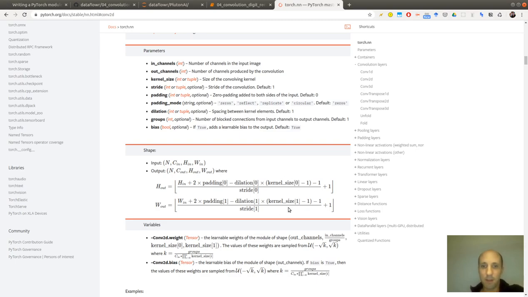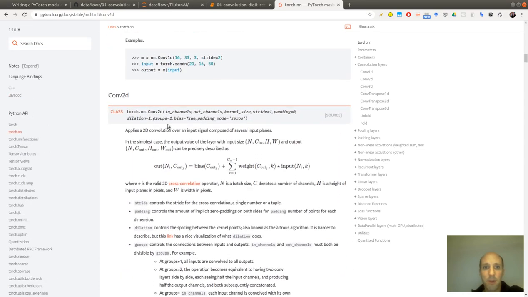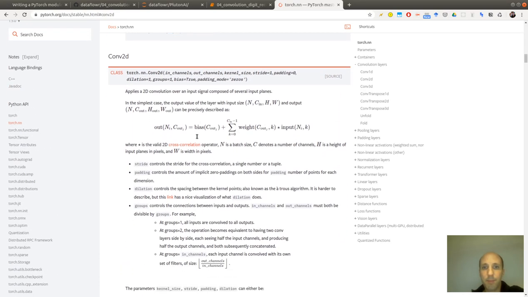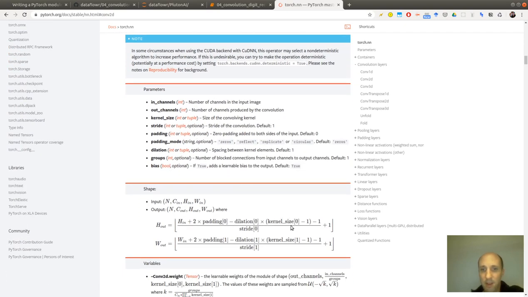So let's see if the math is working fine. So you have this ugly formula for the output. So the question is what you should take for the padding. So dilatation is by default 1, stride is 1 also, kernel size is 3, so this is 2.